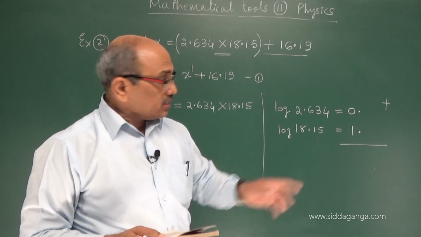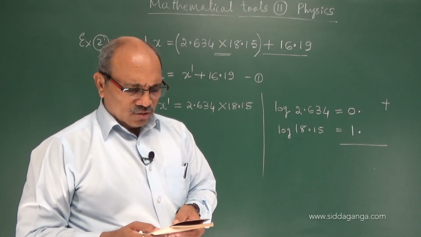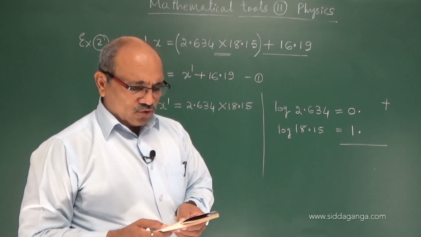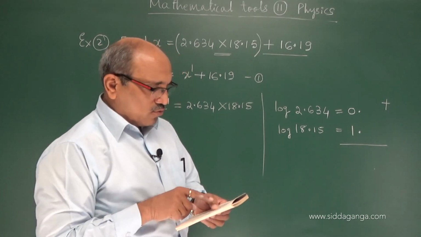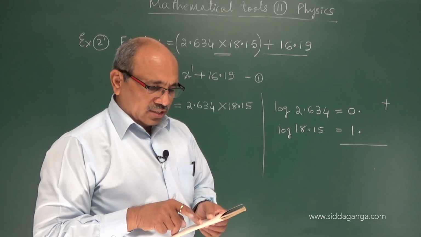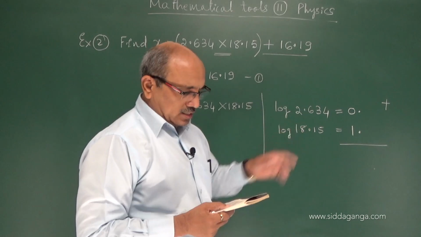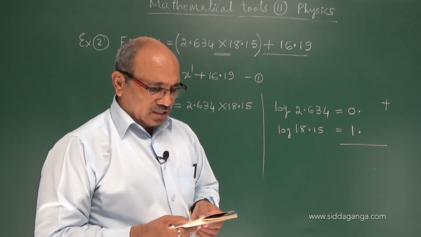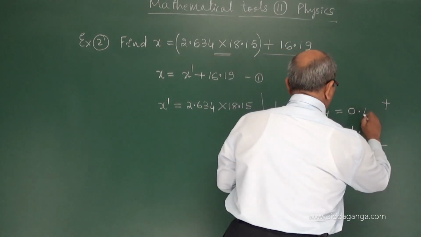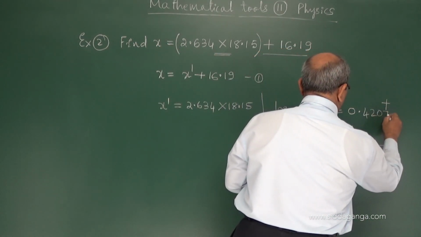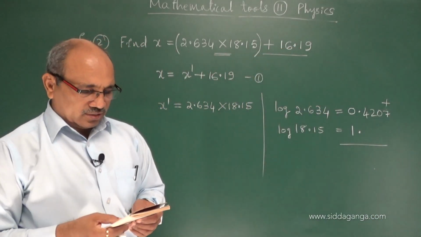Let us take 2634. In 26, go to the column 3, 4200 you have, and the mean difference for 4, if I say, it is 7. So 26, if I move to the 3, it is 4200 and the mean difference is 7. Adding that, 4200 plus 7, it becomes 4207, adding the mean difference.